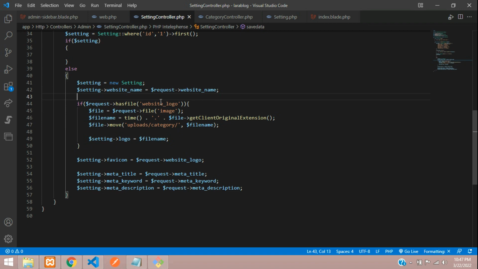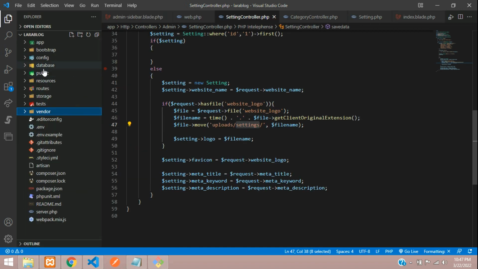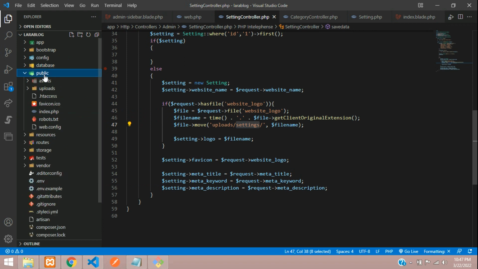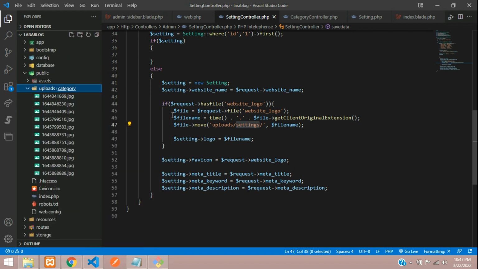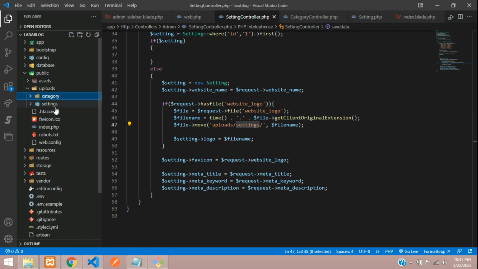So here, if this file is found, you are going to check that file and rename it, making the logo, and you can create a settings folder. So let's create that settings folder inside the public directory, not database, public, uploads. Inside the uploads folder, let's create a settings folder. Perfect. So inside settings, it is going to create that file name and move the logo and then save into